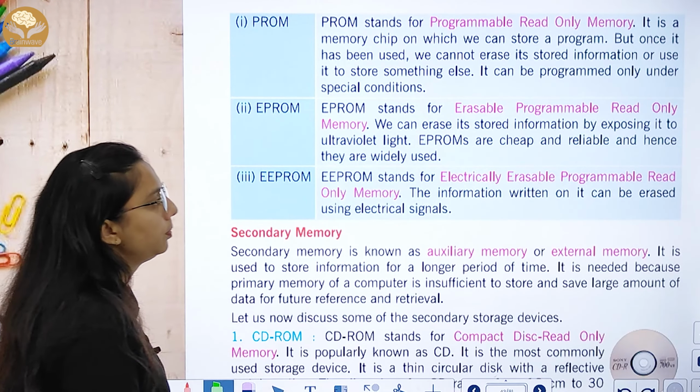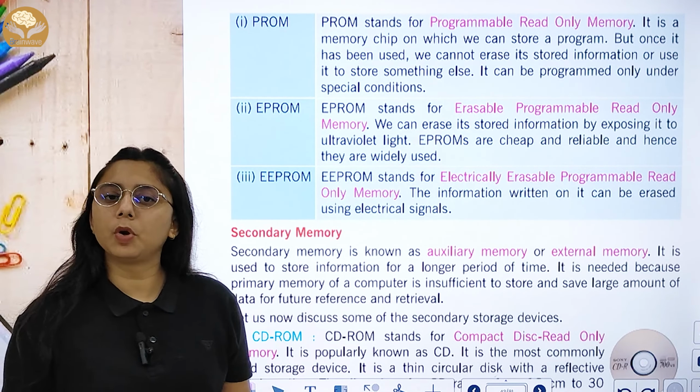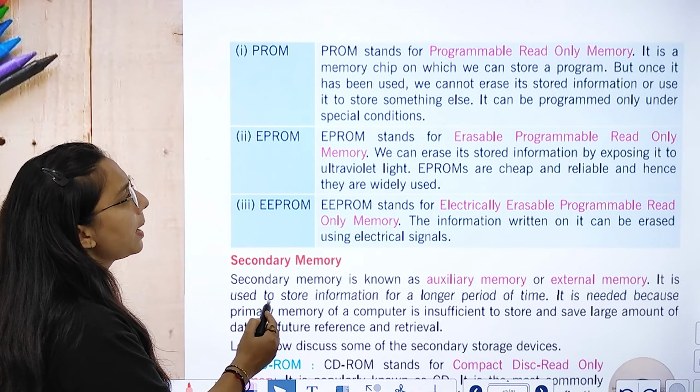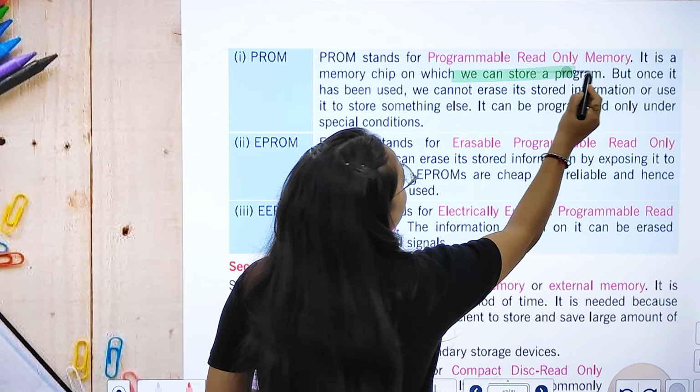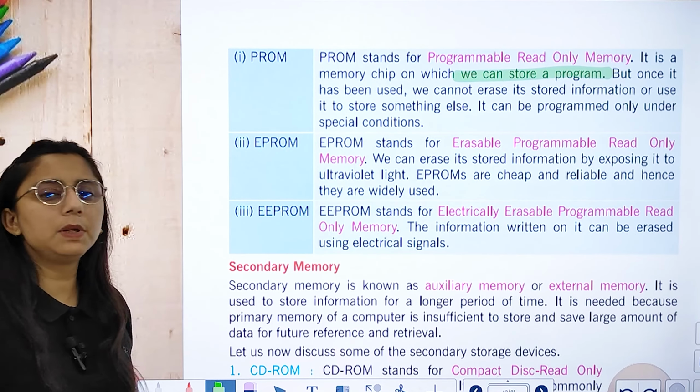We have 3 kinds of ROM. That is PROM, EPROM, and EEPROM. PROM stands for Programmable Read-Only Memory. It is a memory chip on which we can store our program. But once it has been used